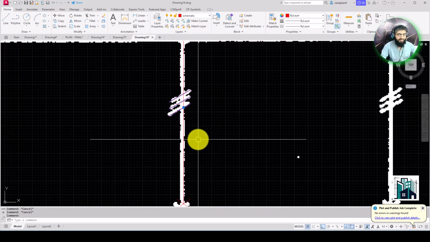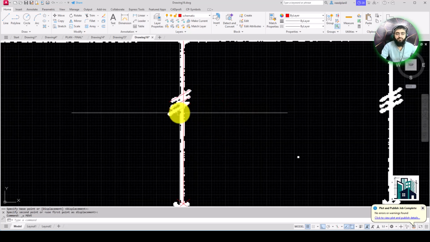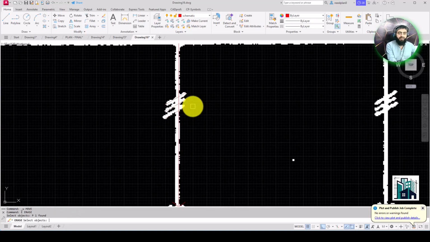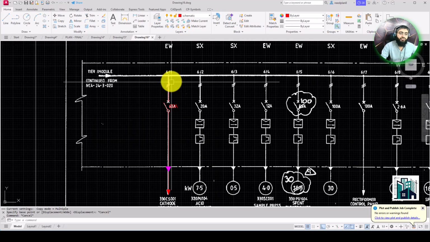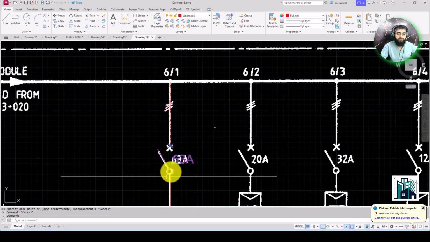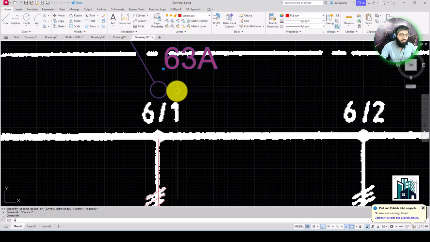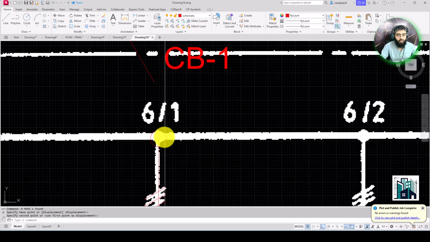Okay, so I have deleted the previous object which I had selected. Very easy, just E enter, P enter. Okay, and now I'm going to click on this. Click here and then come here and then click here. This one is your circle and you want to make this dot.